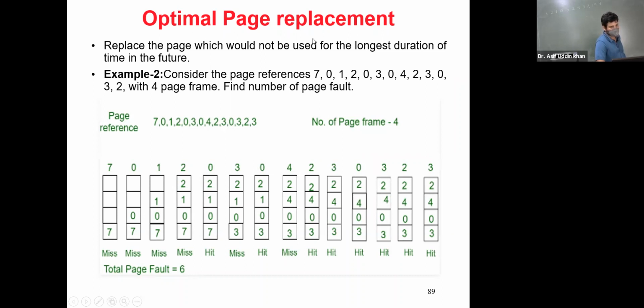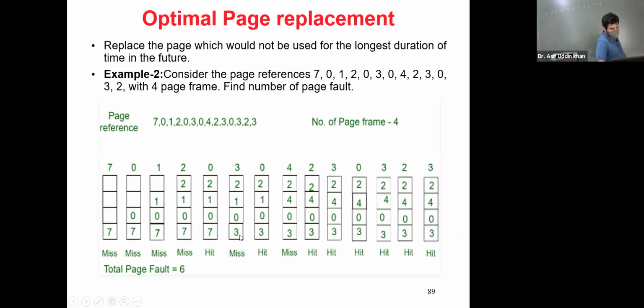So this optimal algorithm is saying that replace the page which will not be used for the longest duration of time. In fact, these will not be used, because the processor does not require these two pages in future. So you have to remove either 1 or 7. If you have two options, then you apply FIFO: the oldest, you remove that. Among 1 and 7, 7 is the oldest, so you remove 7. So write here 3.